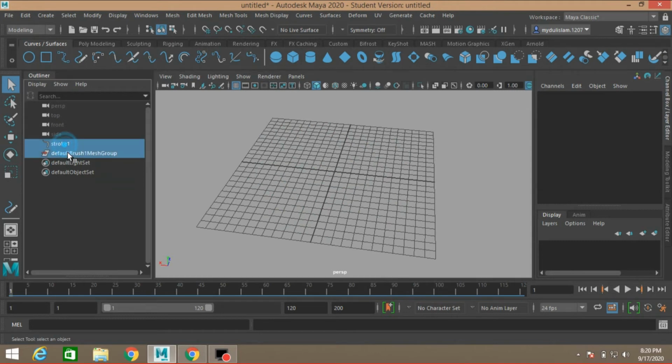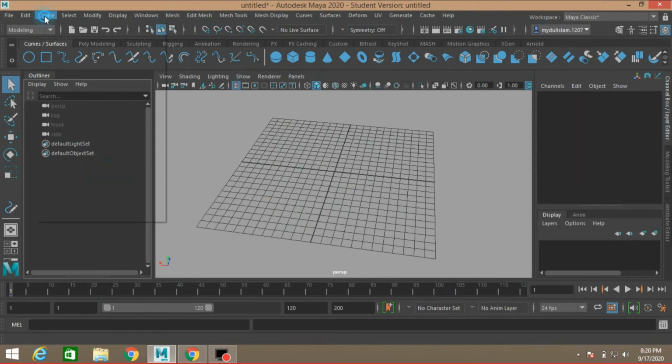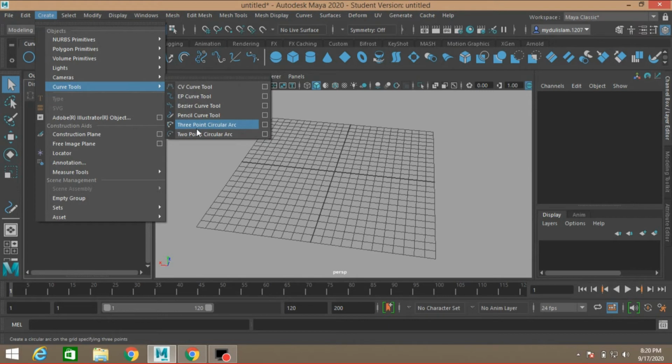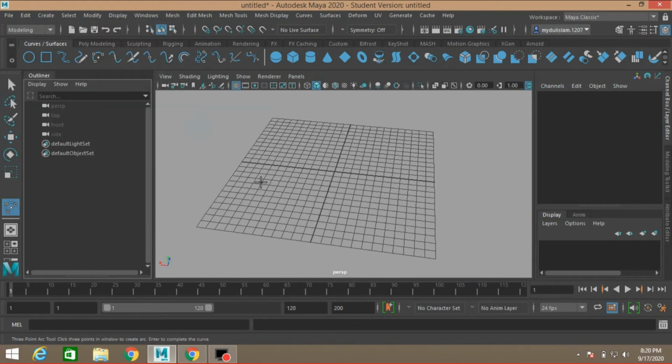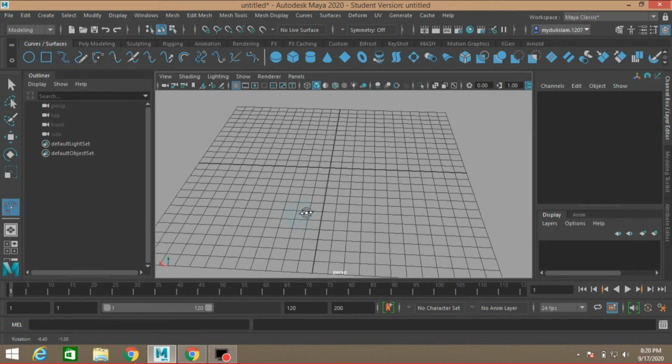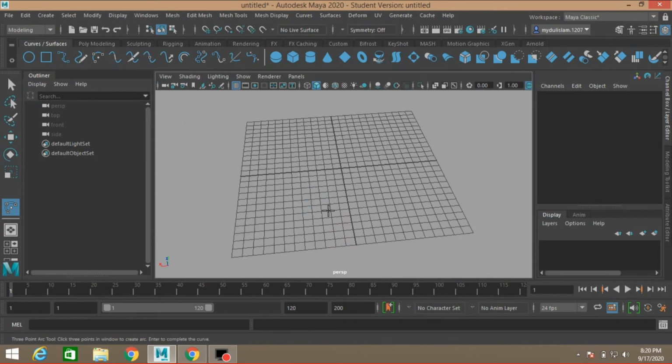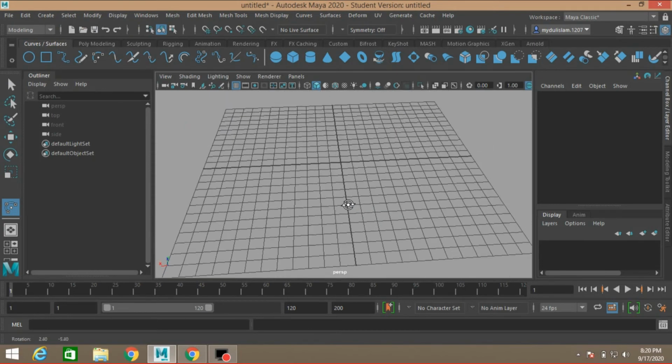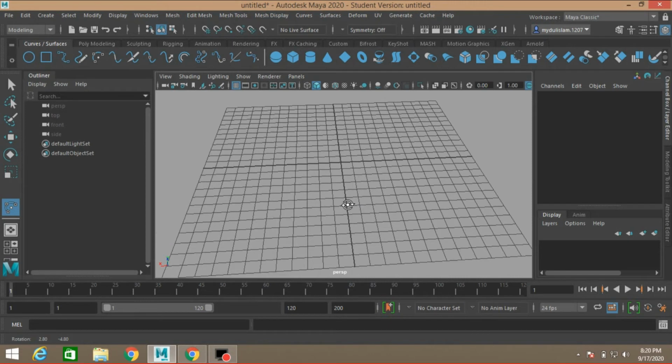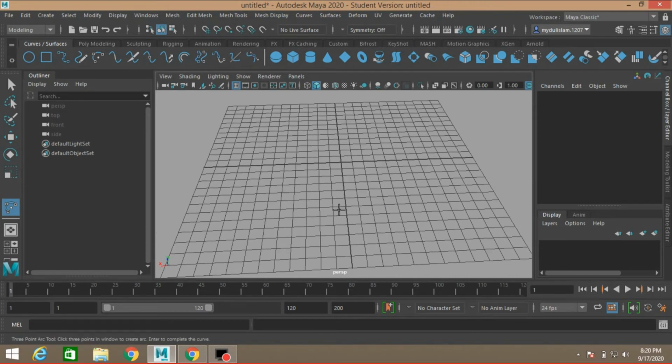The next one is, go to create curve, 3-point circular arc. That means if you click 3 points on the grid, this will create a circular arc shaped curve. See, 1 point here, 1 here, and the last one here.